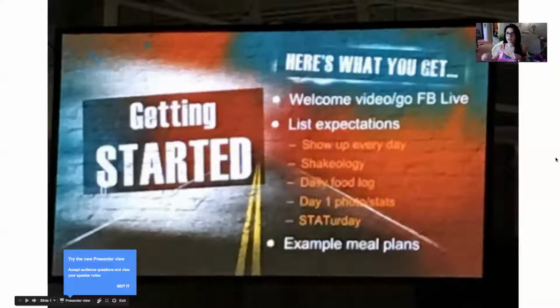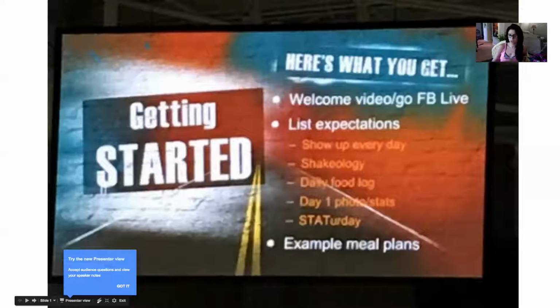Say if you're doing Max 30, how many times were you able to do one move until you maxed out? If you're doing 21-day fix for that 60 seconds, how many curls and shoulder presses are you guys doing? You know what I mean? It's so important to keep your stats. So Stat Saturday is something that Brittany and I are definitely going to start incorporating in our groups, and we suggest you incorporate it in your groups.